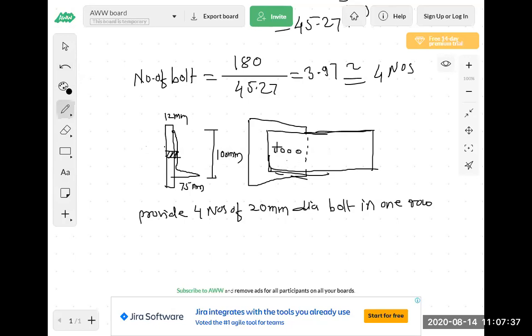Okay, so that sentence you have to write here, and you have to show these 4 bolts of 20 diameter. So this is the tensile load, T equal to 180 kilonewton. This is the gusset plate. So for the figure there are full marks. So like this you have to draw the figure in the examination. After the calculation of the number of bolts, or after the calculation of the length of weld L1 and L2, you have to draw these figures also.